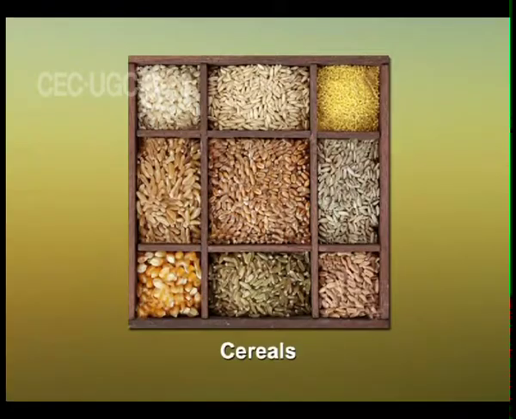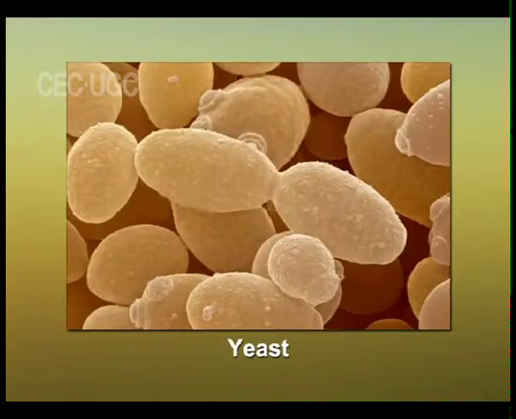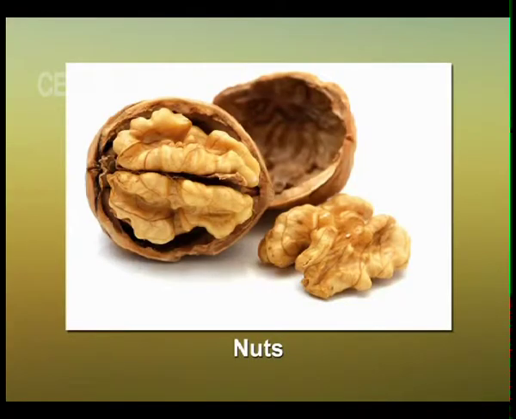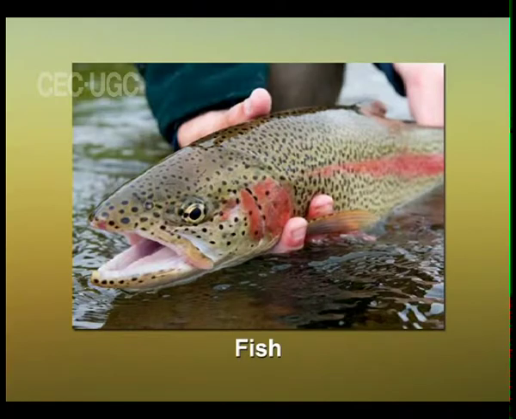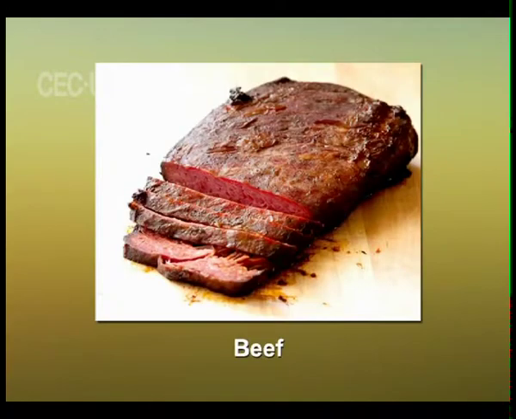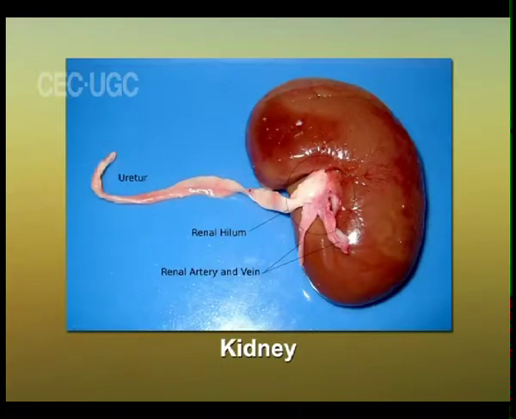The best sources of vitamin B1 are cereals, pulses, and yeast. The rich sources of vitamin B1 are nuts, oilseeds, eggs, fish, beef, liver, heart, kidney, and